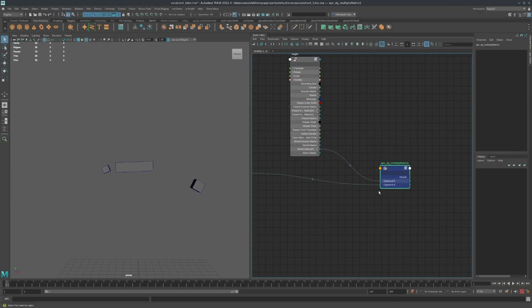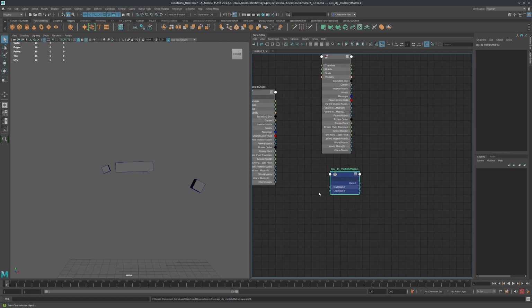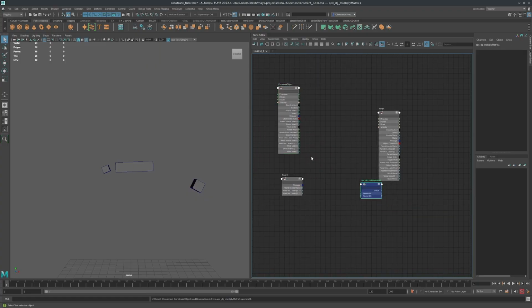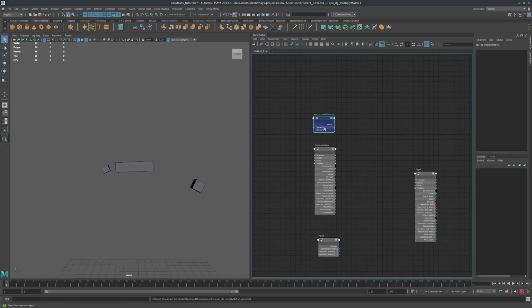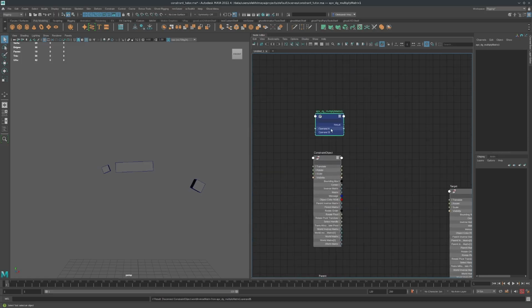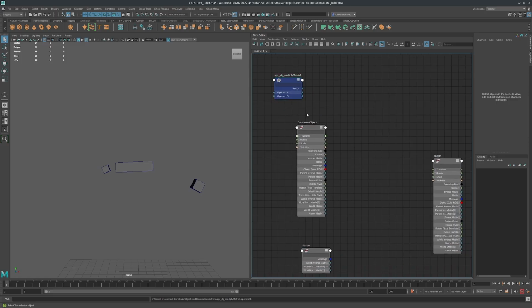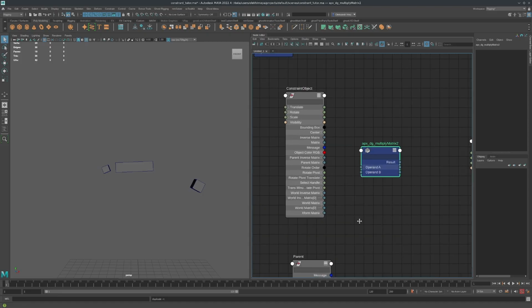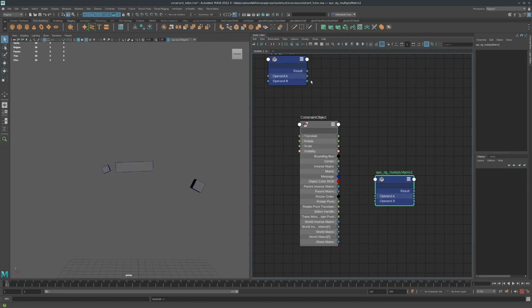And this maintain offset matrix should be a constant one, so that's why I have to delete the connections, just disconnect my matrices. So here we keep it aside,